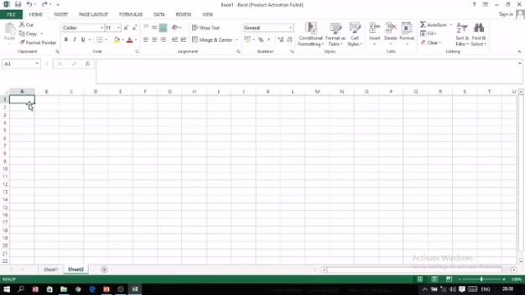So along with the Control key, if you use the arrow keys, you can reach the last cell if values are not entered. But if values are entered, then it will reach the last entry of that particular column or row. After this, moving one screen down: right now you can see rows 1 to 22. If you want to see the other rows, simply press the Page Down button on the keyboard.